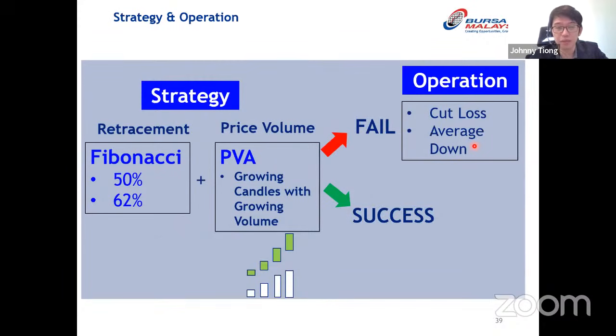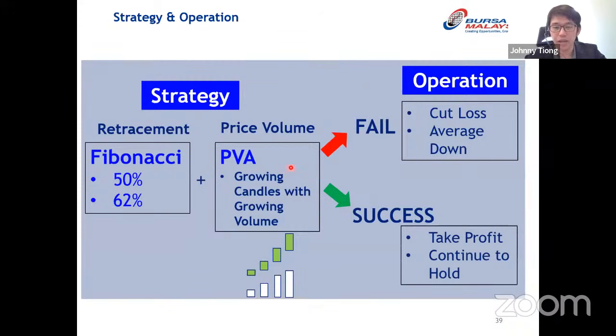Maybe let's say you have 50K. What you can do is focus on one stock and divide it into around 2 or 3 bullets, up to you. It all depends on your strategy. So when it's successful, when we buy at Fibonacci 50% and the price volume is going good, and it successfully breaks out of all the resistance and all-time high.